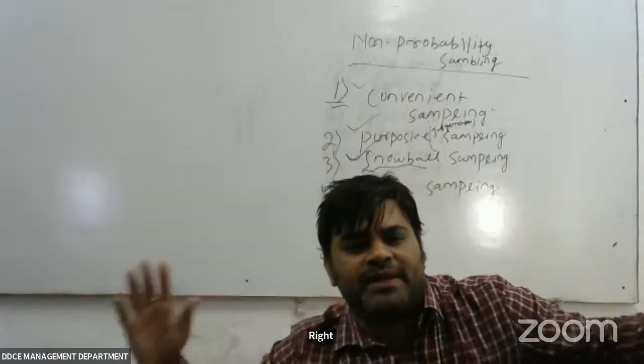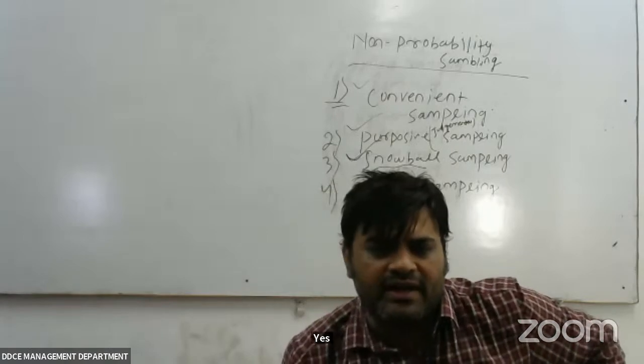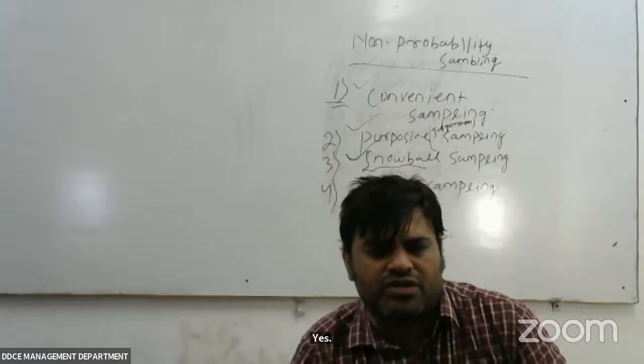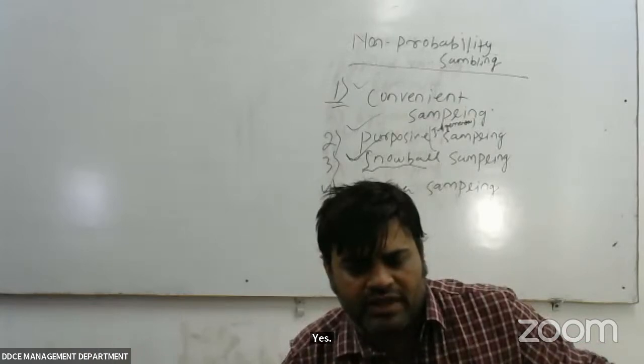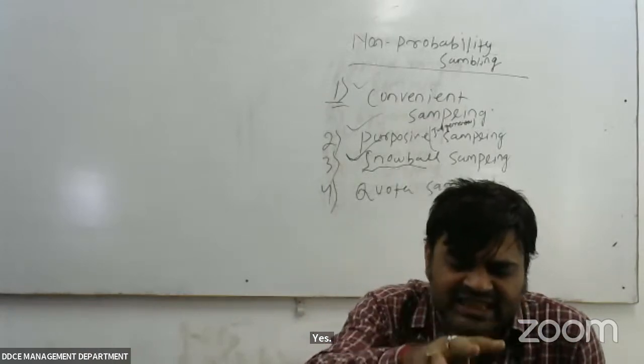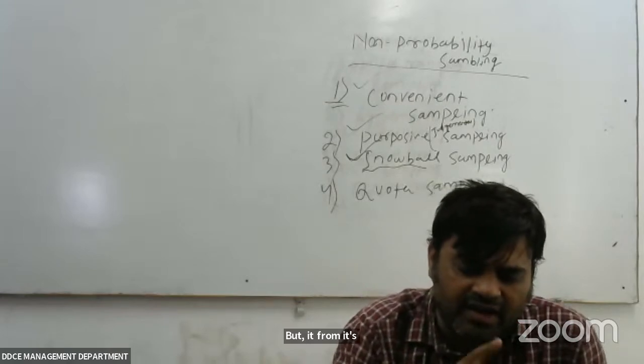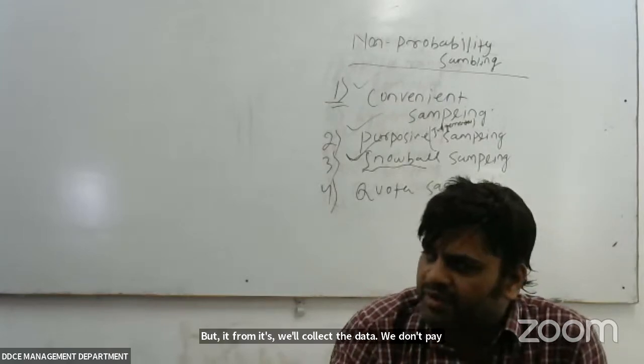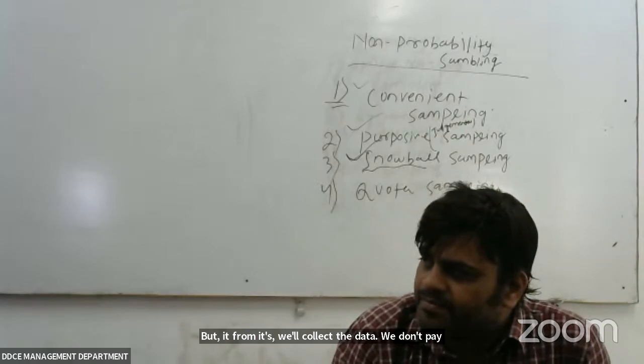Because the population is very big, it is very difficult to collect. So we make some strata, just like clusters. A cluster is a little bigger, a stratum is somewhat smaller. But from each stratum we will collect the data without any biasness, randomly. Do you understand?